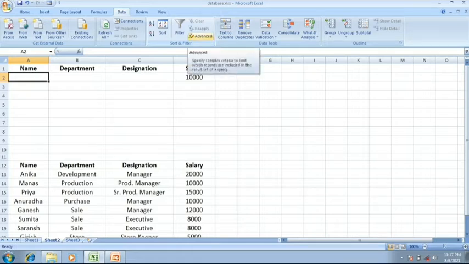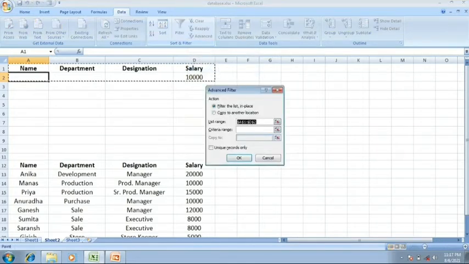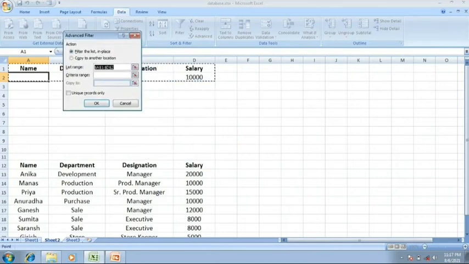You can see, if you click on it, you can see this box. Okay, so you can see this box. This is the list range, this is the criteria range, and this is the copy. So what I want to do, you want to take your data from